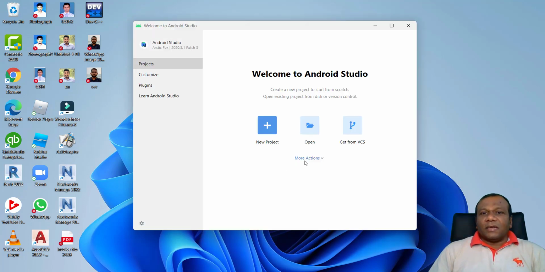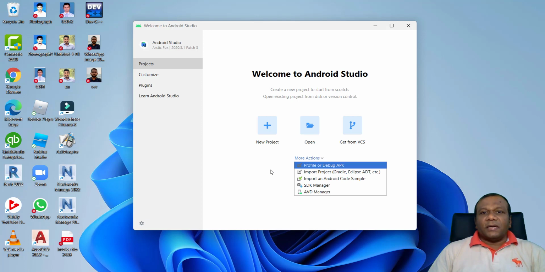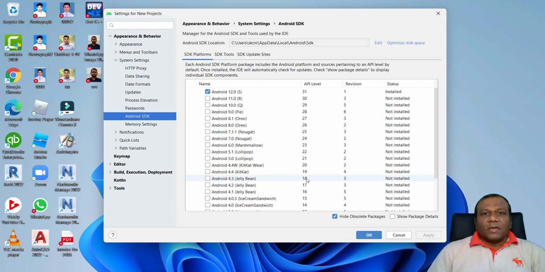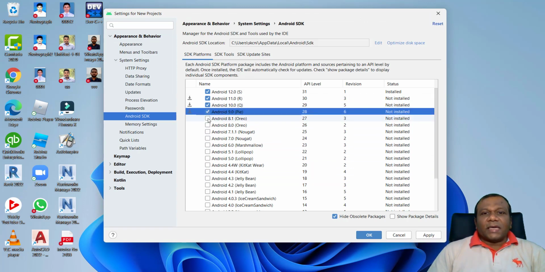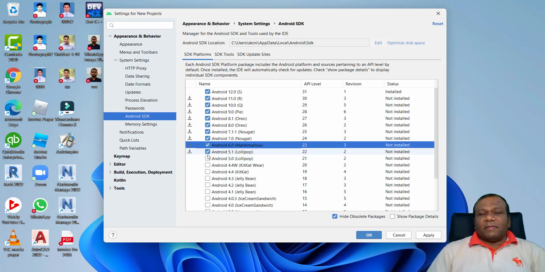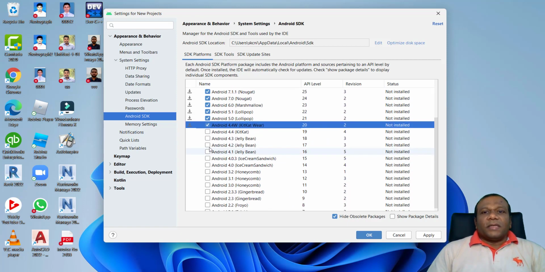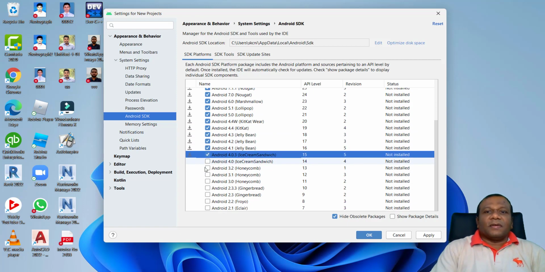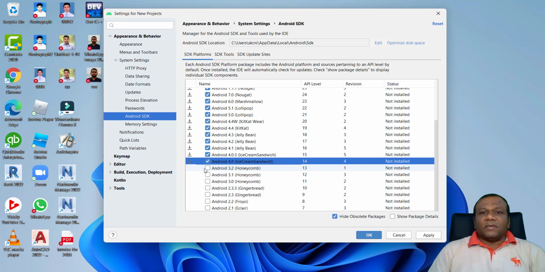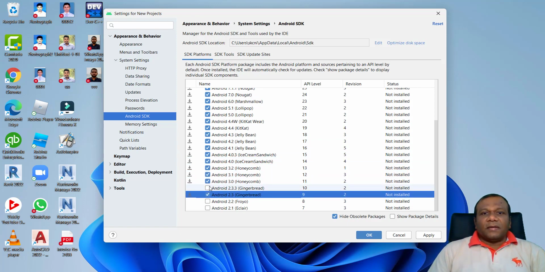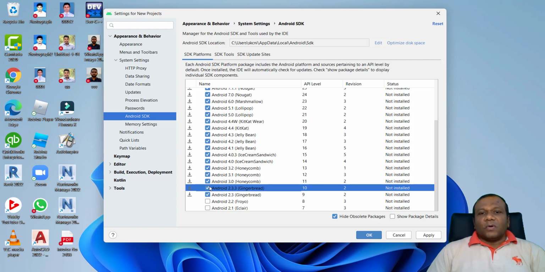Right, here you can click new project, but before that you have to do another click. See where I'm clicking. Go to the Android SDK, right? And here are all the API levels. I suggest you tick all the API levels. It means the versions. Here you can see Lollipop, Honeycomb, Jelly Bean, right, from the oldest to newest.